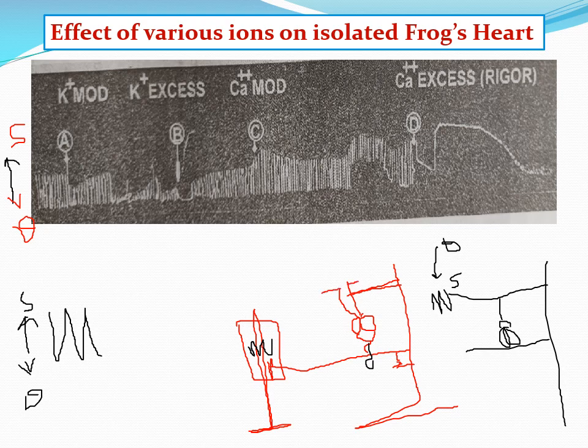And how we studied the effect of the ions, particularly we have to study the effect of calcium ions and the effect of potassium ions. So we are studying the effect of ions, means we are studying the effect of potassium ions and the effect of calcium ions. So what we have to do in this practical, take potassium chloride and calcium chloride, diluted potassium chloride and diluted calcium chloride.